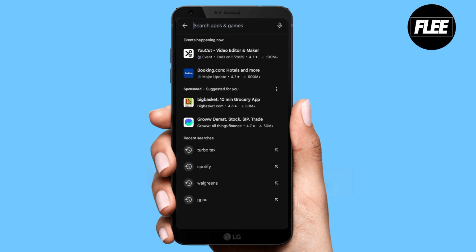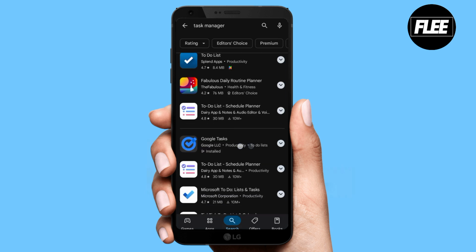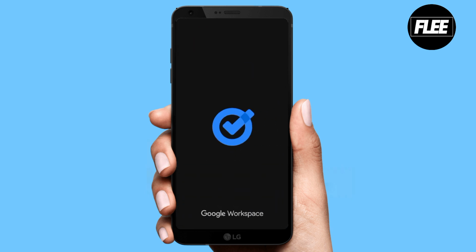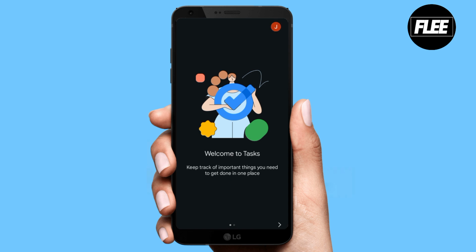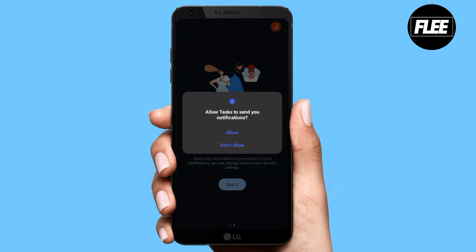You can search for Task Manager. As you can see, I have already installed this application, so I'm going to open it right on my device. This is a part of Google Workspace. It will automatically track your information and log into your account. Please sign in with your Gmail account, as I'm already signed in, as you can see on the right top